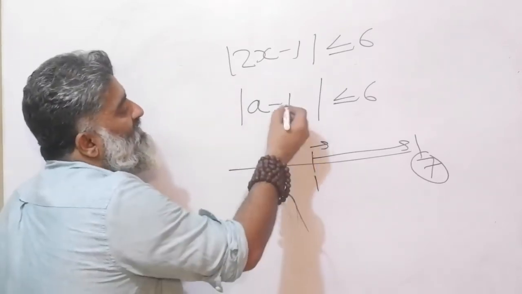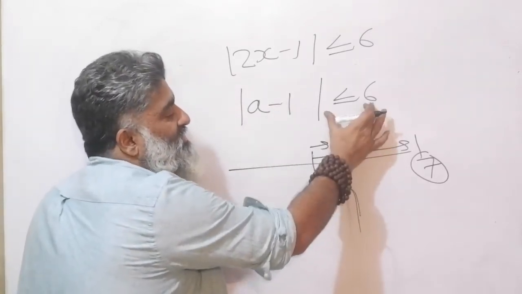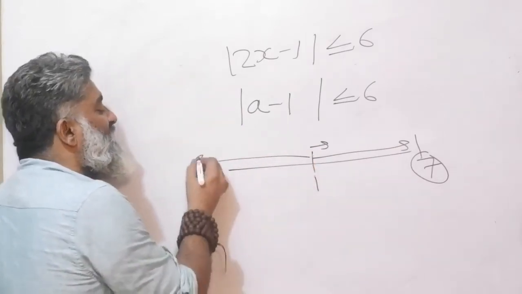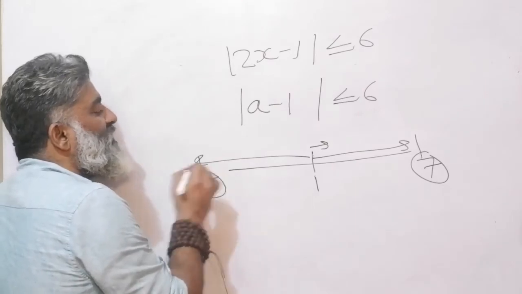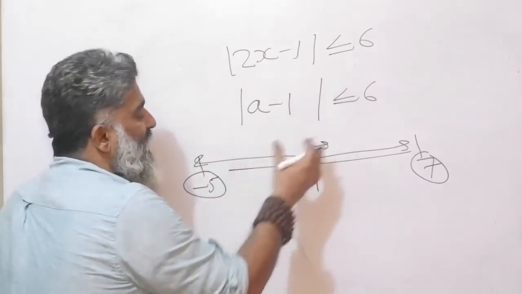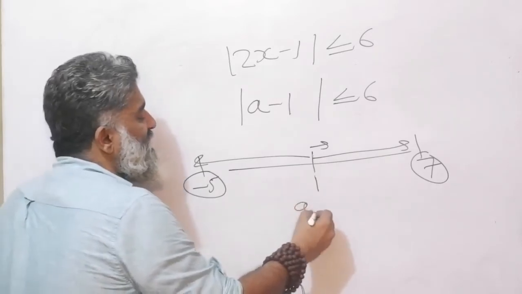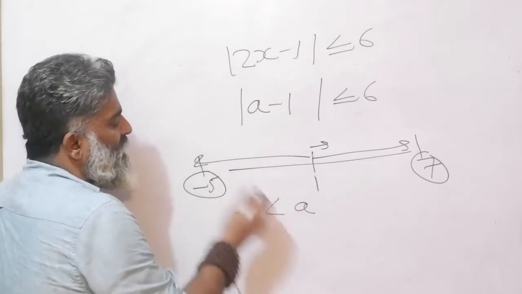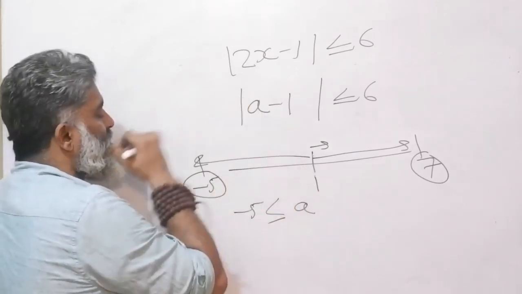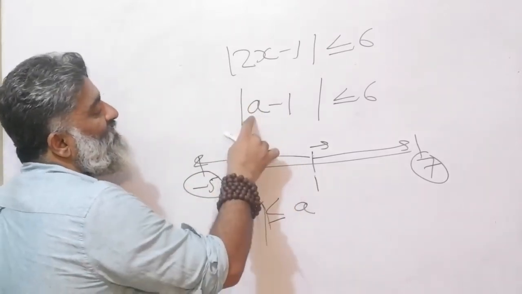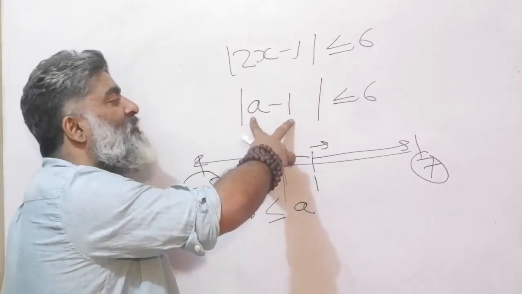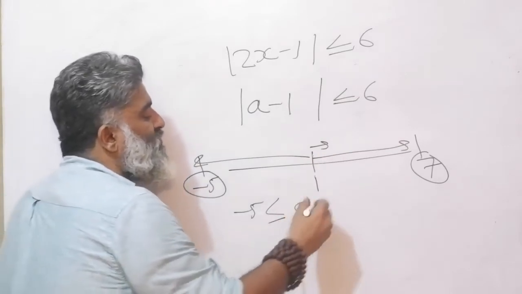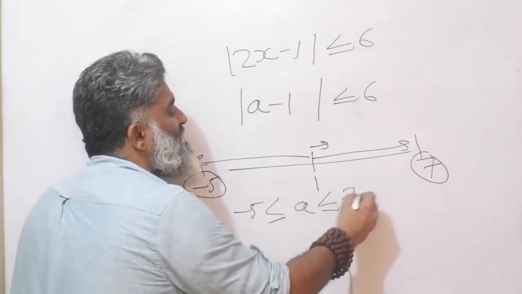Similarly, all I know is that the distance has to be less than or equal to 6. Is the direction mentioned? No. That means I can go 6 units in the other direction as well and I will get minus 5. So great, now it's working for me. I can see that a has to be greater than minus 5. In fact, equal sign will also do, because if I put a minus 5 here, minus 5 minus 1 will give you minus 6 and the mod will give you a 6. Equality is allowed. So a is greater than or equal to minus 5 and less than or equal to 7, right?